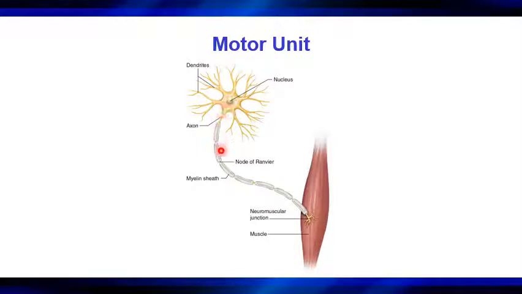And then you have what's called the axon. The axon is going to take that information away from the nerve cell and then innervate the individual muscle, okay? And where it innervates is what's called the neuromuscular junction. So the input from this motor nerve is going to stimulate whatever muscle fibers,